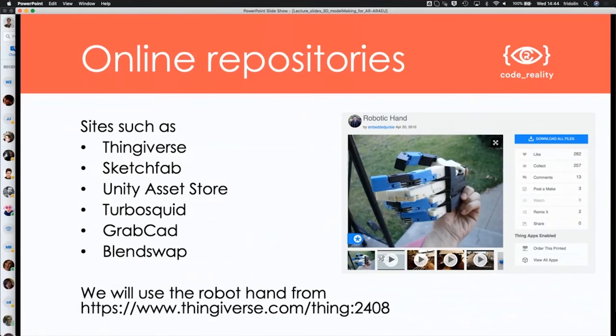There's also the Unity Asset Store. That one's great if you're building your stuff within Unity, because it will already make use of Unity-specific lighting techniques and things, so you don't have to set anything up from scratch when you import it. There's TurboSquid. A lot of things on there are paid. They can get quite expensive, but they're generally also of a very good quality